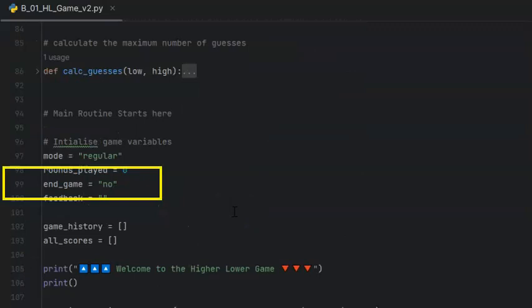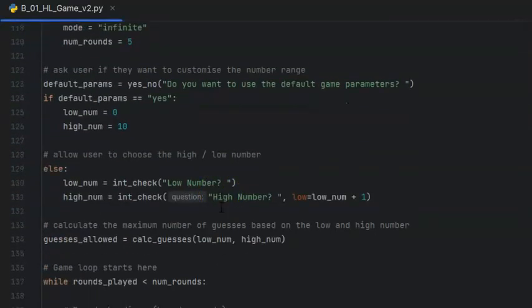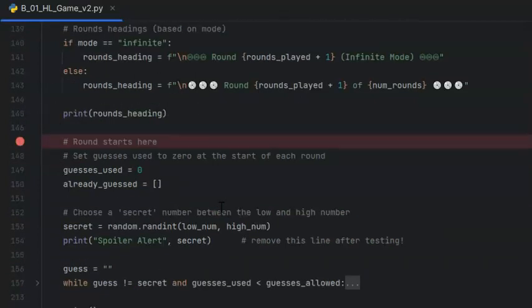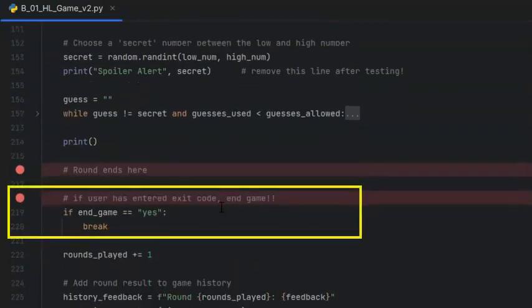Underneath your functions area, you should have a variable called endgame that has been set to no. We can then get the game parameters, find out the number of rounds, and play the game. I've put in my rounds component where the rounds start, and that includes a while loop that's been collapsed. Once the round has ended, I check to see if my end game is yes, and then I break out